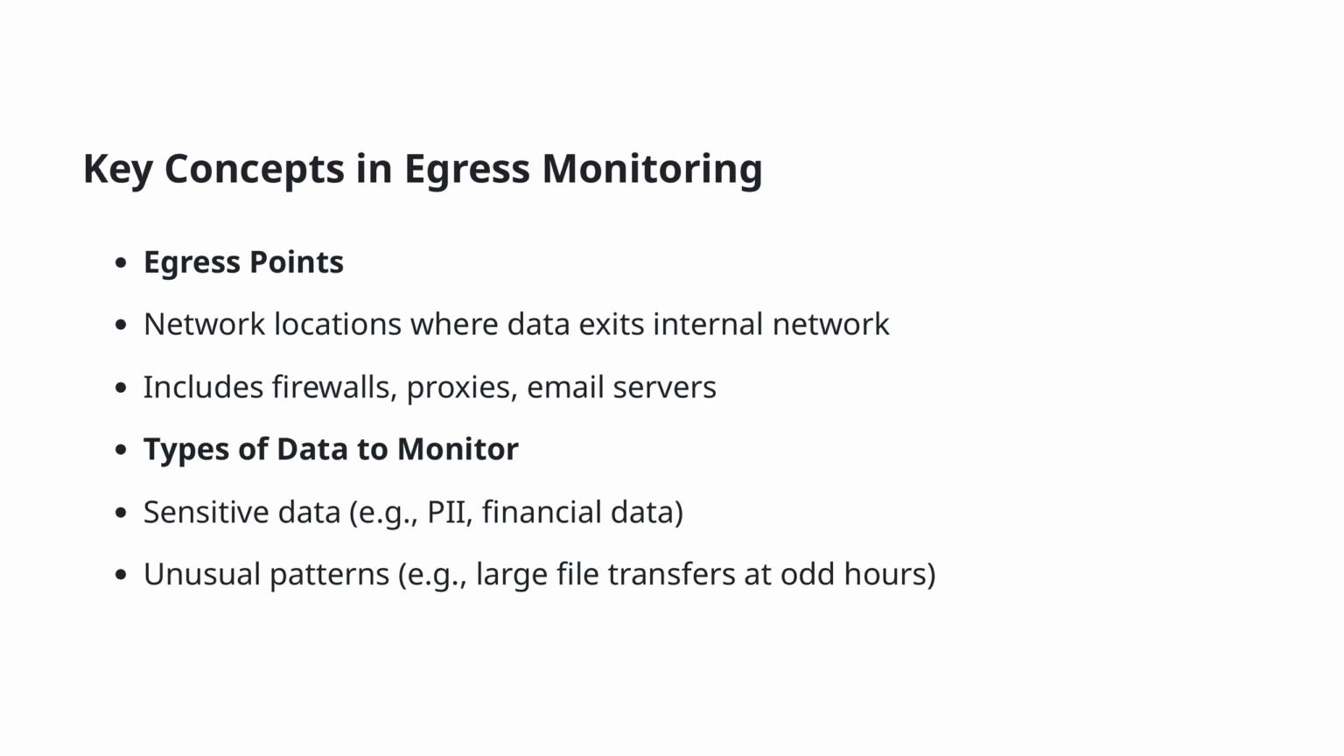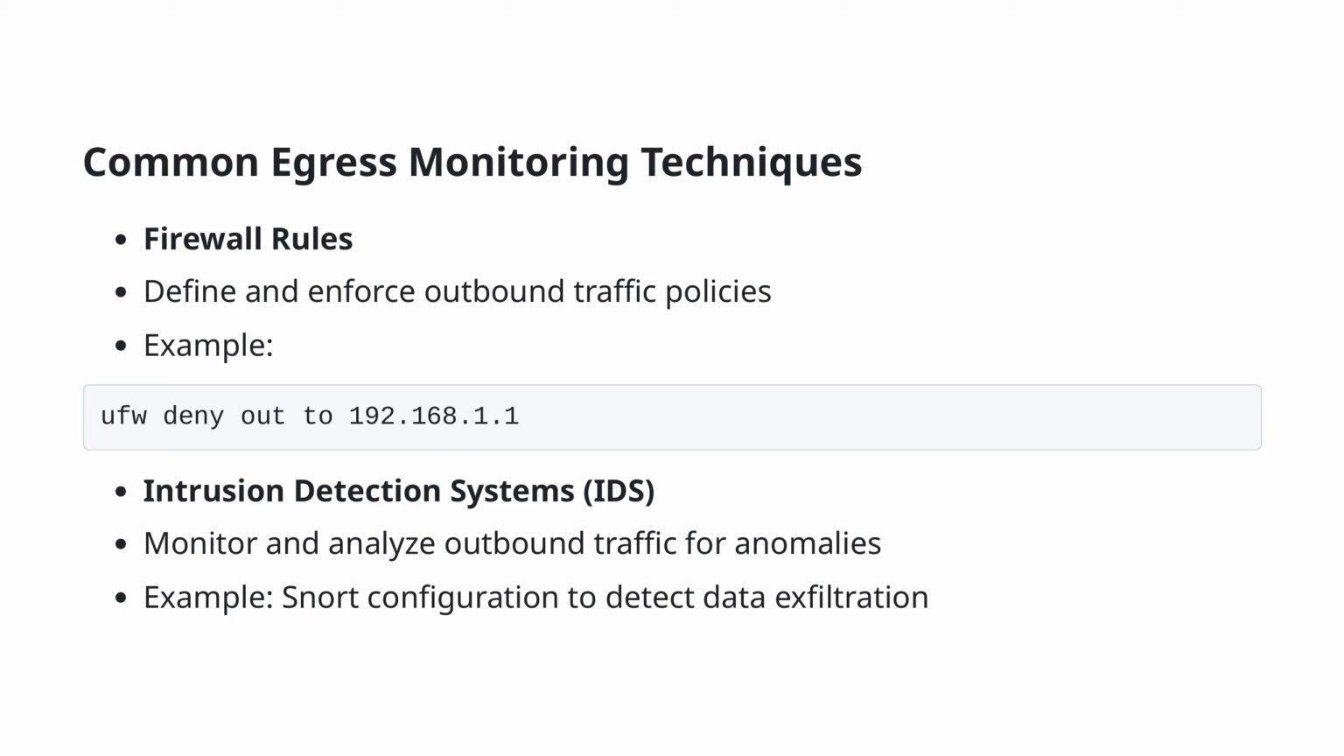Understanding these key concepts, identifying egress points, and recognizing the types of data to monitor forms the foundation for effective egress monitoring. Now that we understand what egress points are and the types of data to monitor at these locations, let's explore common egress monitoring techniques. First, we have firewall rules. Firewalls can define and enforce policies for outbound traffic. For example, using UFW, a command could be ufw deny out to 192.168.1.1, which blocks any outbound traffic to that